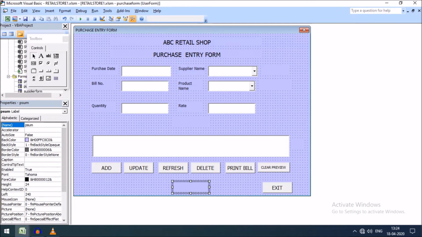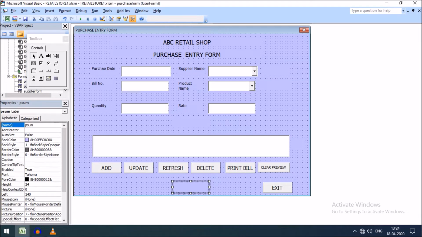That means a purchaser can go to the supplier and purchase several items under a single bill number. So when a single bill contains more than one product, it will show the product amount, and simultaneously it will show the amounts of all the products.